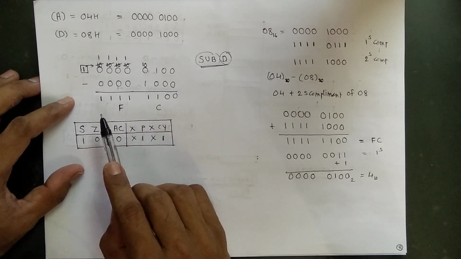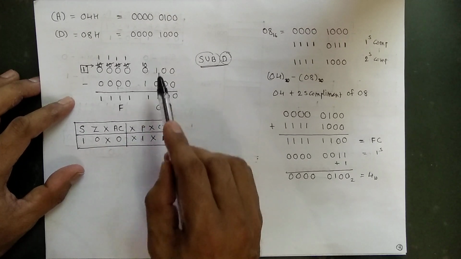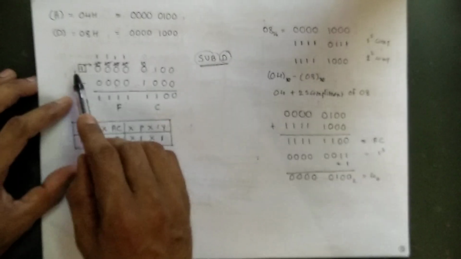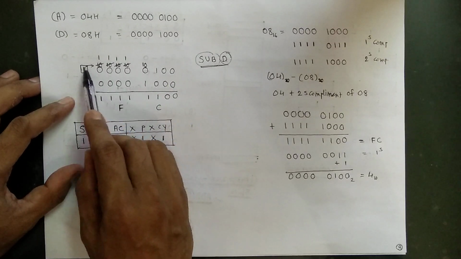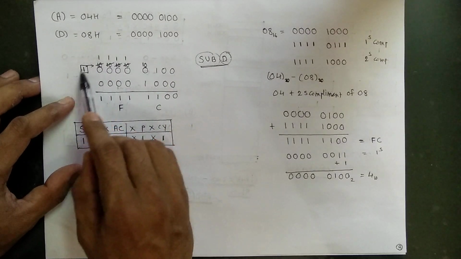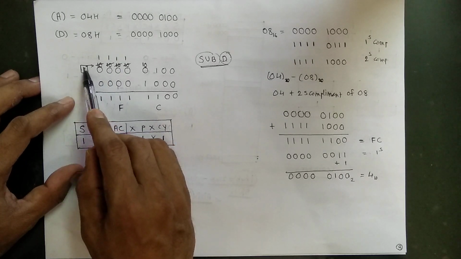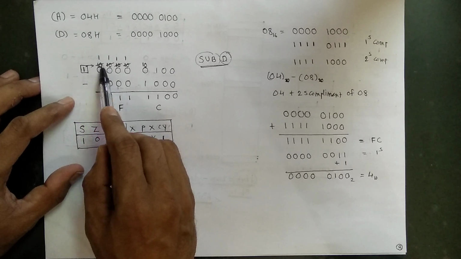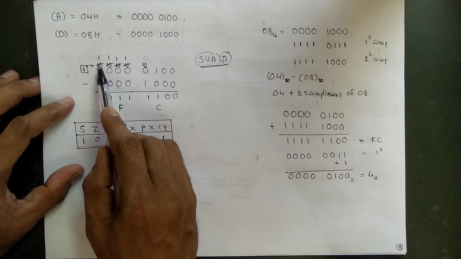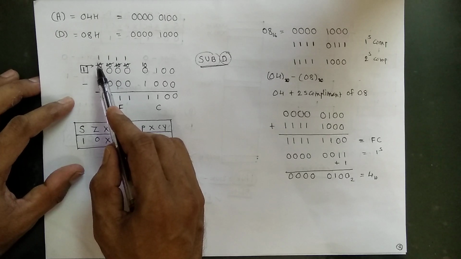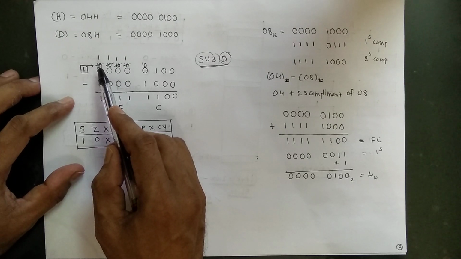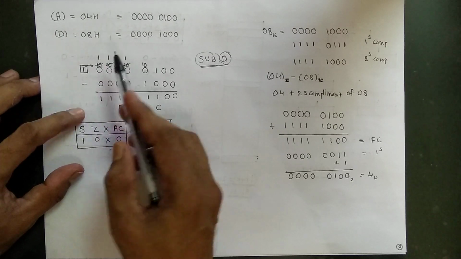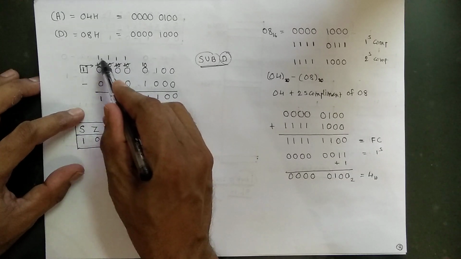Now this number is smaller. We have to borrow from the 9th bit. We have to take here as 1. When we take here as 1, when it goes to this position, it becomes 10. Already the subtraction we studied in 11th standard: binary subtraction, hexadecimal subtraction, octal subtraction. Cut it, here you will get 1, here it becomes 10.